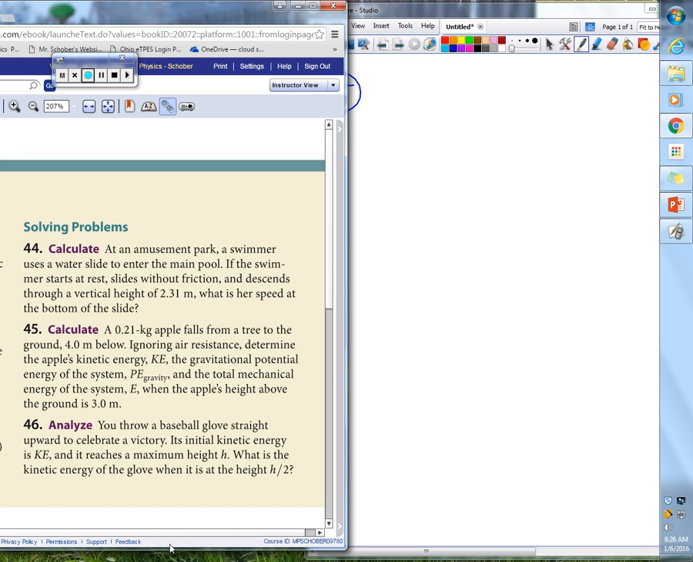It says a 2.1 kilogram apple falls from a tree to the ground, 4 meters below. Ignoring air resistance, determine the apple's kinetic energy, its gravitational potential energy, and the total mechanical energy of the system when the apple's height above the ground is 3 meters. Okay? So,